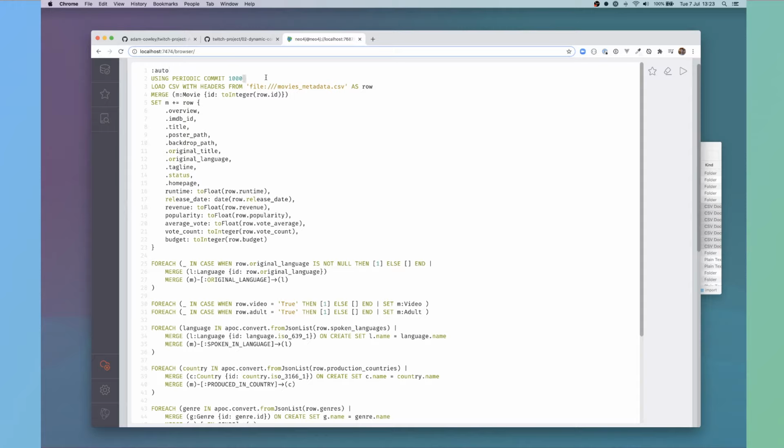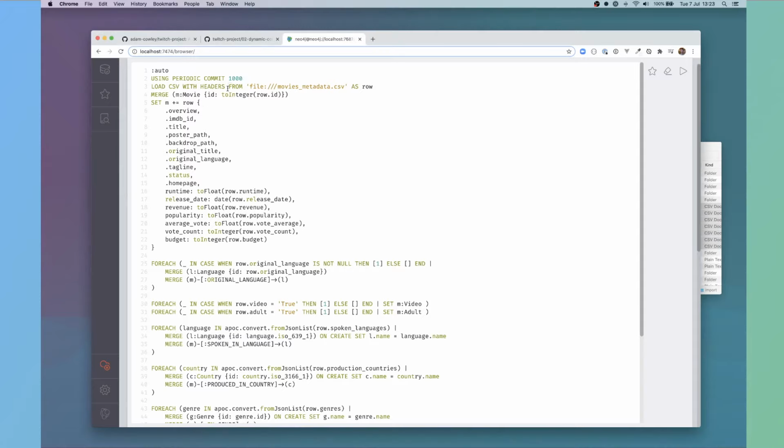What this will do is go through the CSV file, process 1,000 rows at a time, and commit the data at every 1,000th row.